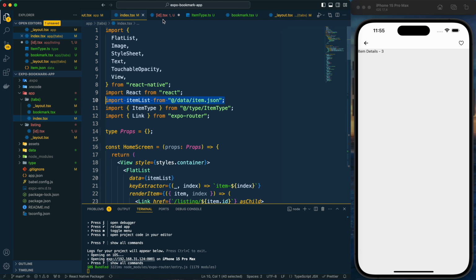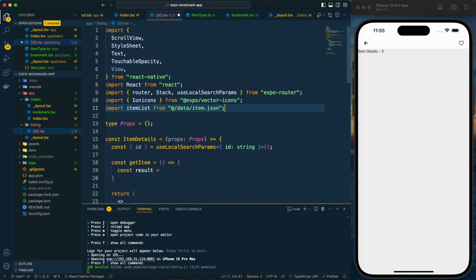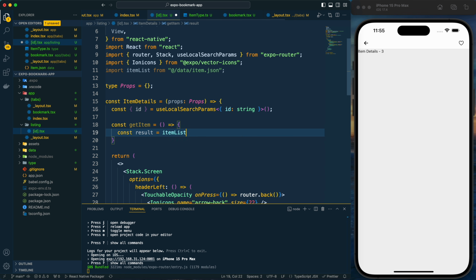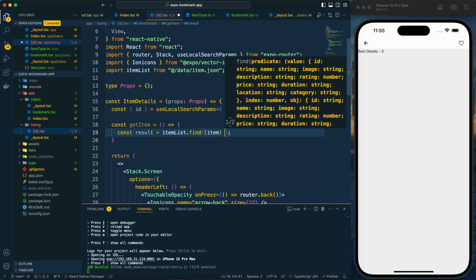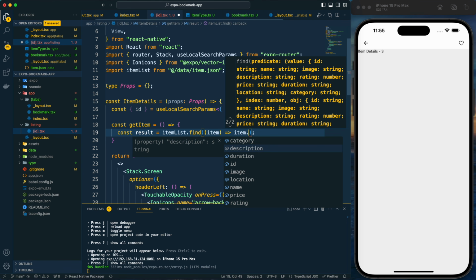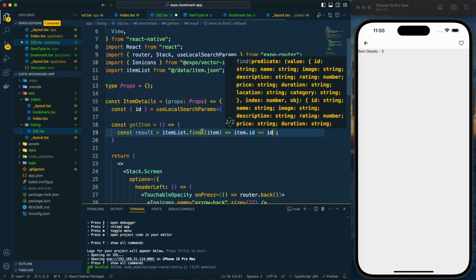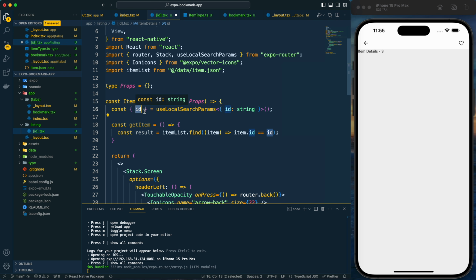Let me copy the import from here and paste it here. So it will be itemList.find. We are going to find the item from the item list, and we need to compare it by the ID. So whatever ID we are getting, this ID is the ID which we are getting from this hook, and we are comparing it with the item provided by this find function. This item ID needs to be matched with this ID which is being passed, then we can get the result,